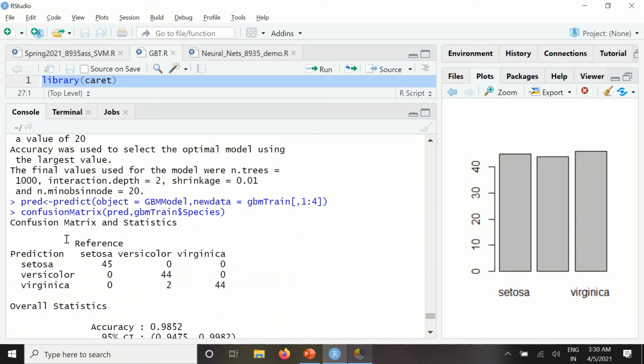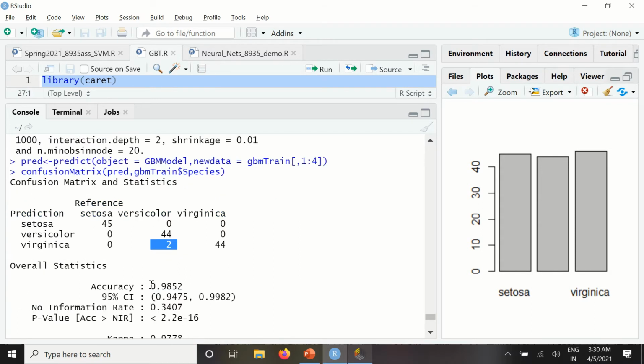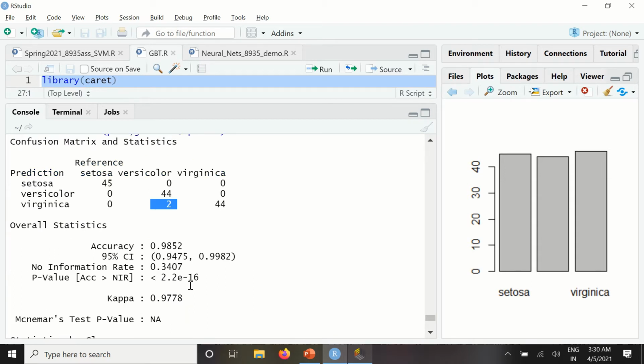Let's go directly to the confusion matrix and the statistics that have been printed for us. So we have two misclassifications for the data with an overall accuracy of 0.9852, which is nothing but 98% accuracy.